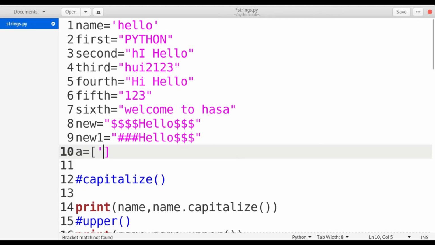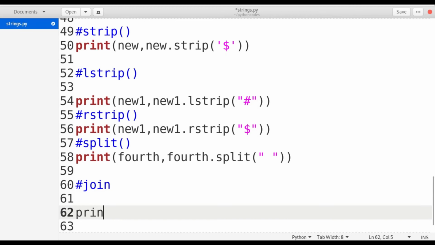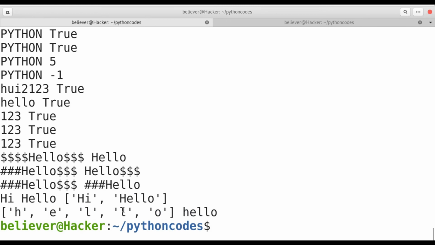So I am using H, E, L comma L comma O. Now I want to apply this join on this particular variable A. So print of A comma, and now I need to apply dot join of A. Maybe this syntax is a little bit confusing, so no problem. Let's see the output and afterwards we can see the explanation.